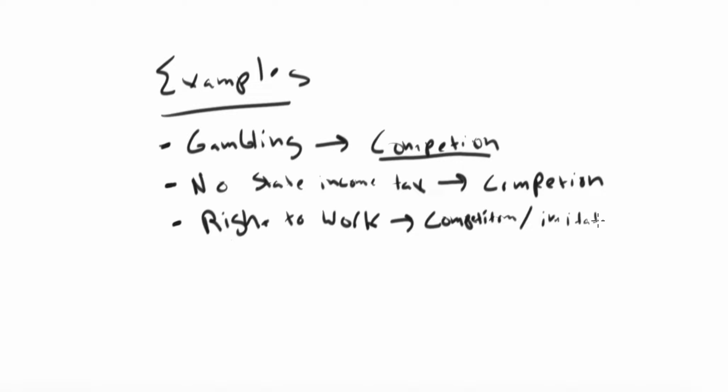Because some of these policy areas are very regional. And so about half the United States is right to work now, a little over half. But this is a policy that started very much so in the South. More dominant in the South early on. Now it's spread throughout the country and even into historically pro-union areas. But a lot of states in the South adopted right to work, and some of that might have been competition with the North in trying to attract jobs and manufacturing and different businesses to come to the state.